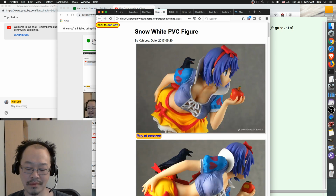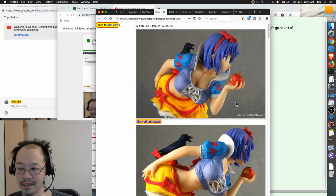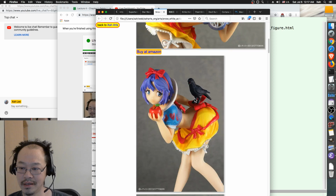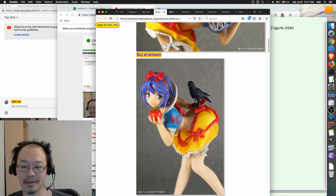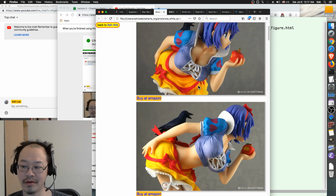PVC is a part. It turns out it's a particular plastic name. The technology used to create this material for these figurines. So we have Snow White, another American character. You know, so in Japan they make these characters. They have a figurine for basically